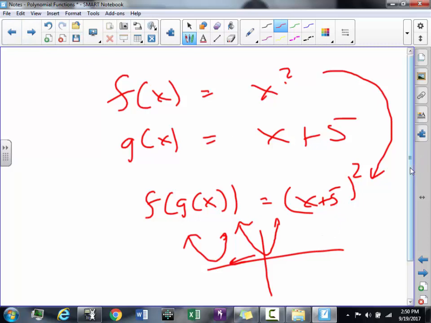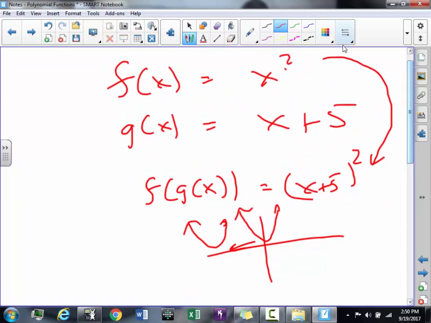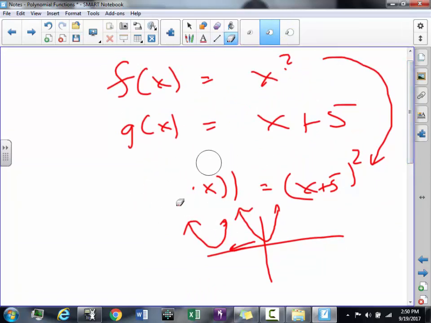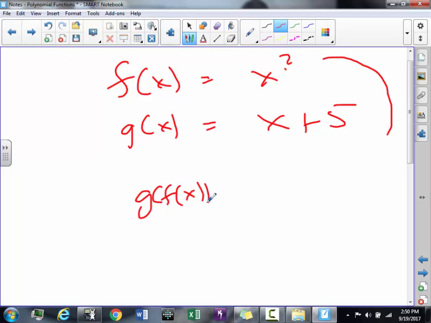What if I were to give you this one right here? I'll still use the same 2 functions I had, which were f of x. I'll just erase, actually. It makes more sense. But what if I were to change this up and do g of f of x? Now here the order is a bit different. Here you're going to take your money and square it, and then when you're done, you're going to add 5. So this is not the bully that robs you before you get to the bank, and this isn't you finding money before you get to the bank. This is